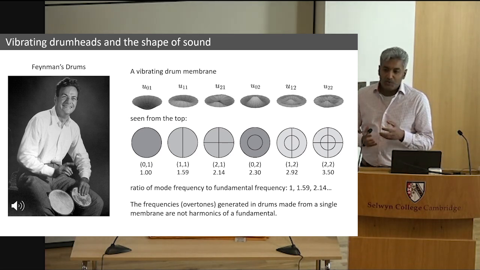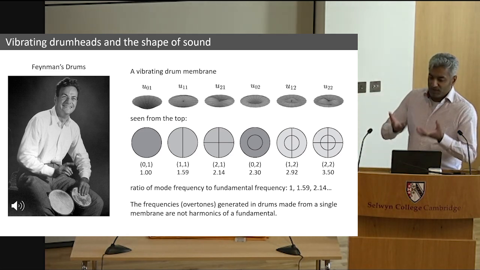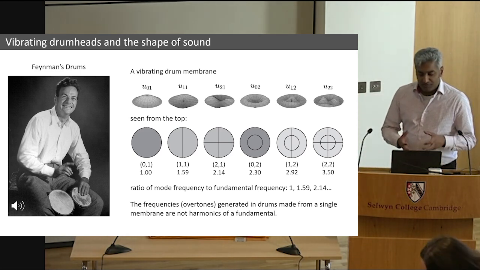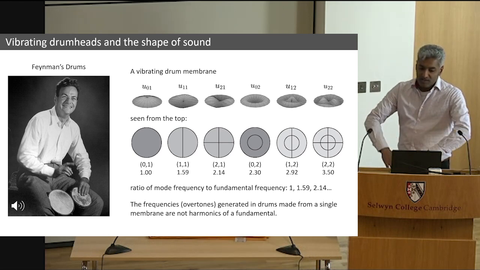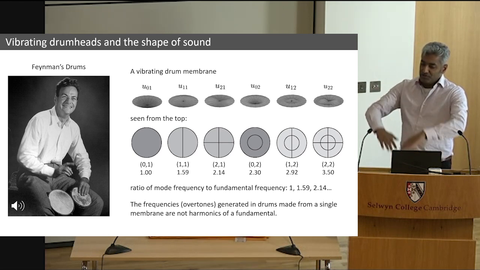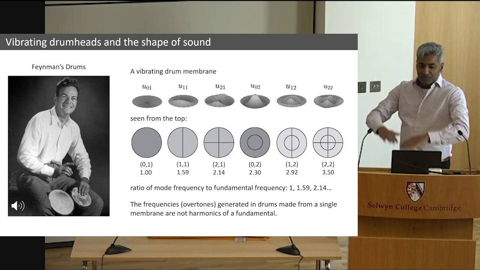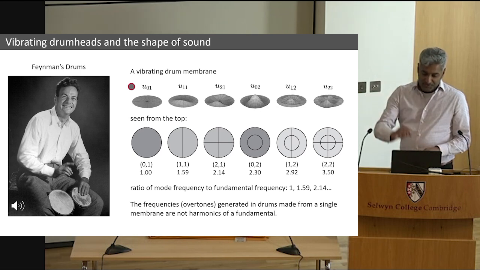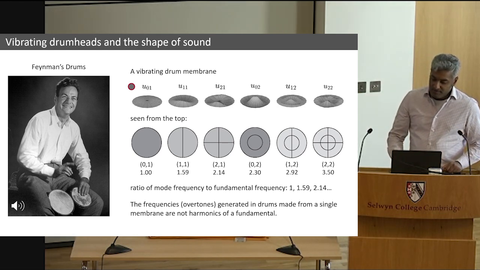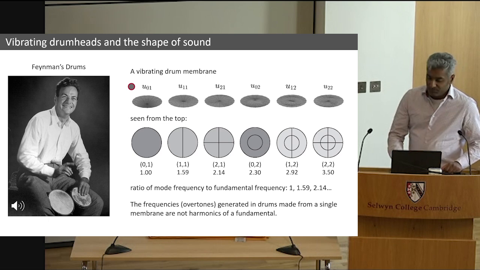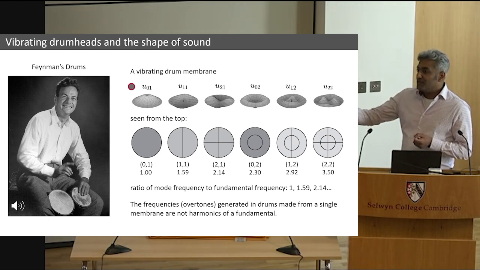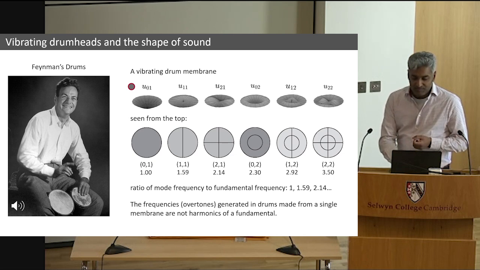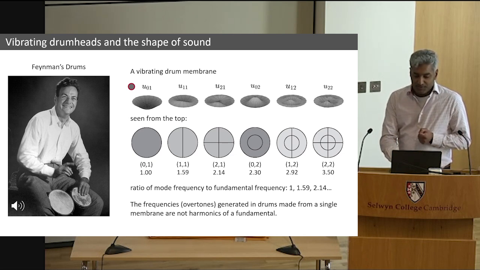Now, this energy goes into the various modes of vibration of the membrane. So, for example, if you have just a circular membrane, and you give it some energy, you've got a mode of vibration where the entire membrane moves up and down and up and down, as you see over here. That's one mode of vibration. The energy, of course, goes into several other modes of vibration. So you can have more complicated modes of vibration. For example, this one over here.